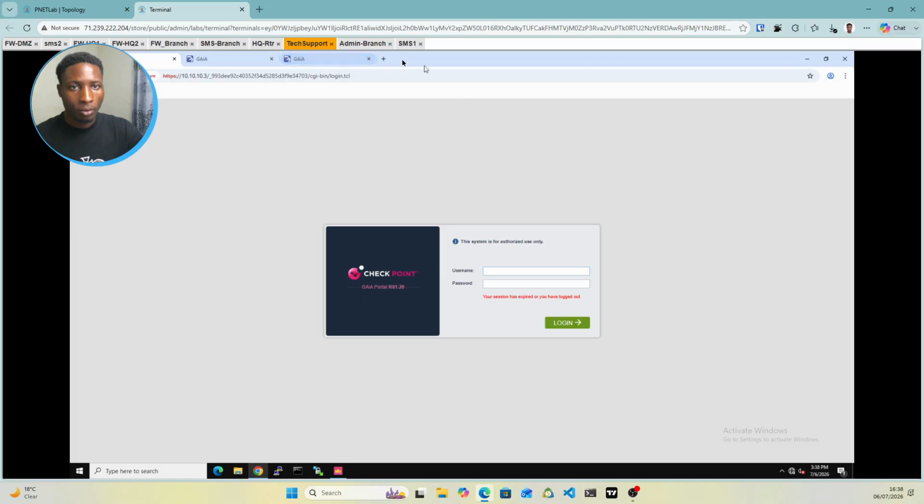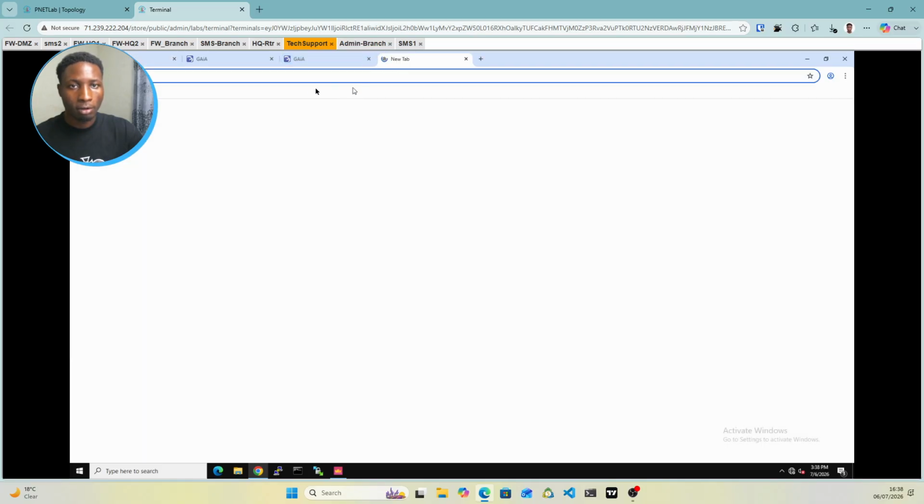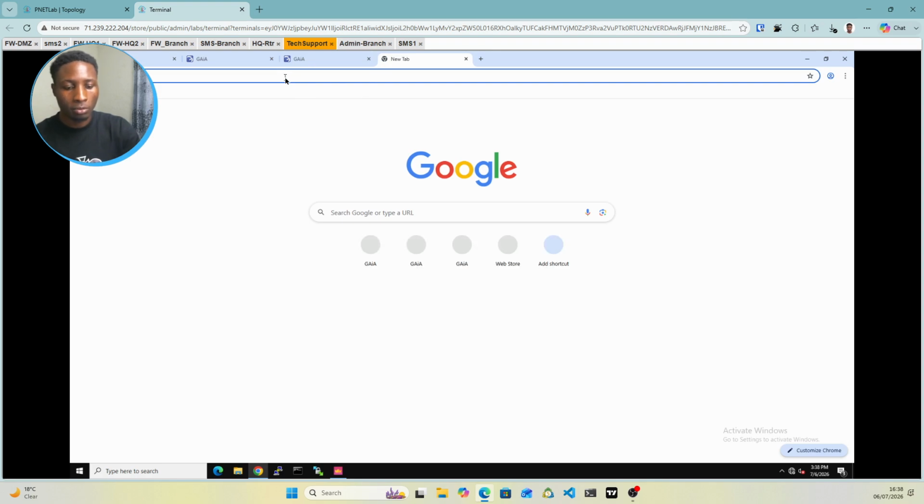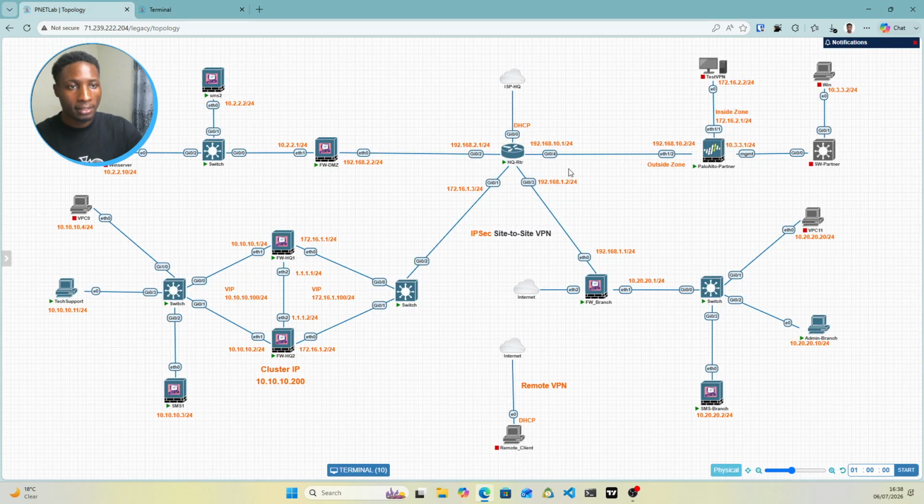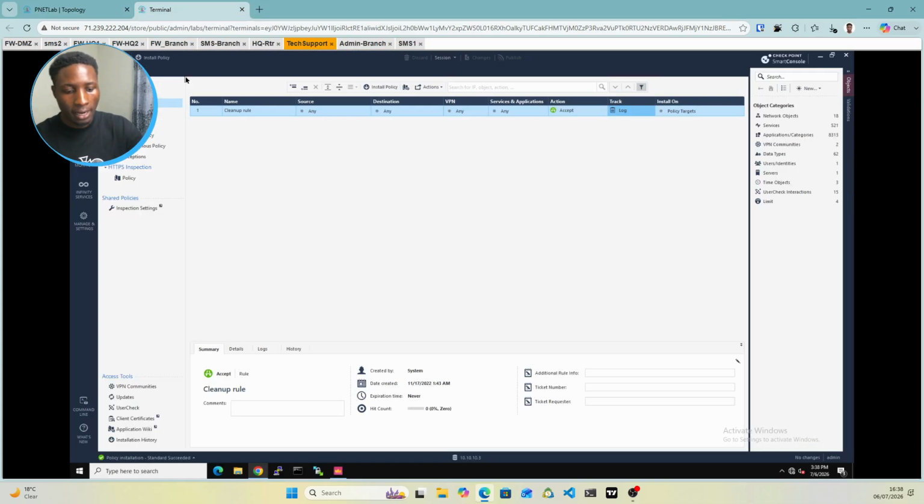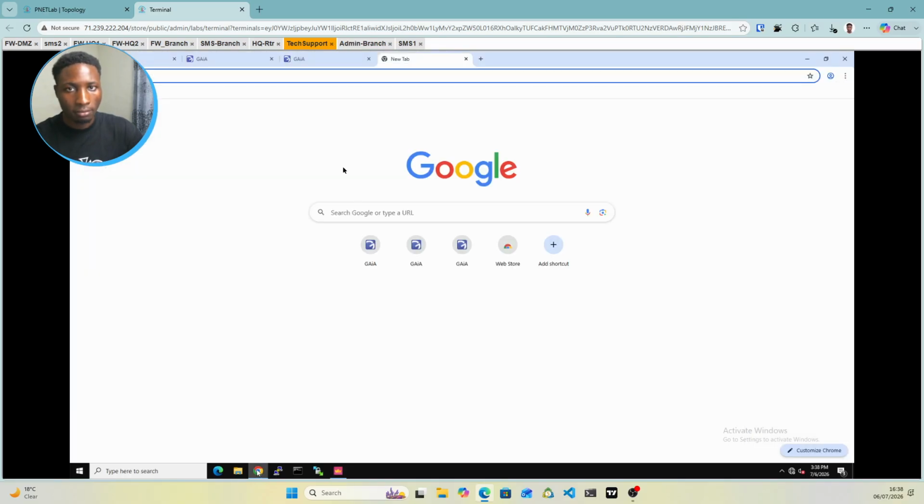From here, we'll open a new tab, and here we are going to be able to set up the first time configuration wizard for our firewall DMZ here. So it's 192.168.2.2. We'll go down and hit the IP HTTPS. Let me just go to our browser. So hit it here, and it's